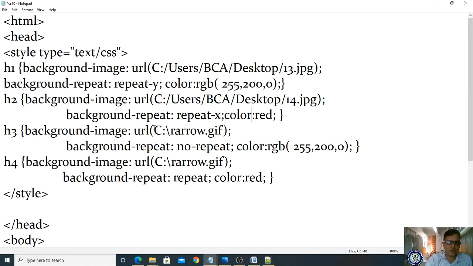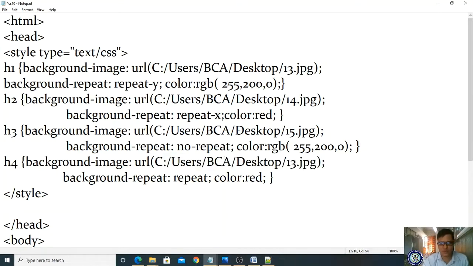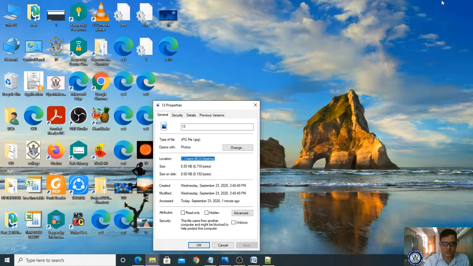And now let us take wherever the h3 tag appears. Now we are modifying it with 15.jpg as a background, and here we are not giving any repeat. We are specifying background repeat as no repeat, and the color we are specifying as RGB. And wherever the h4 appears, we are placing 13, 14, 15. Is 16 there?